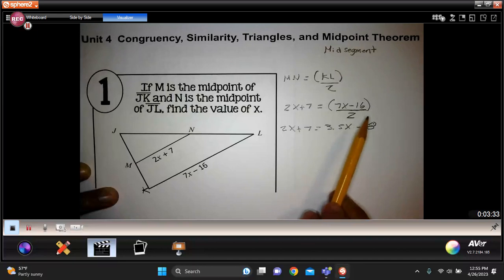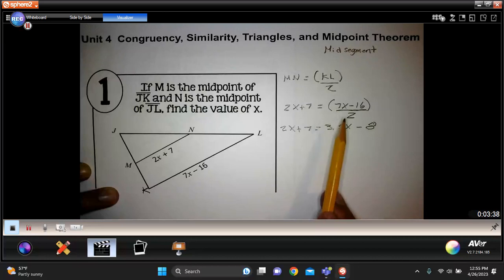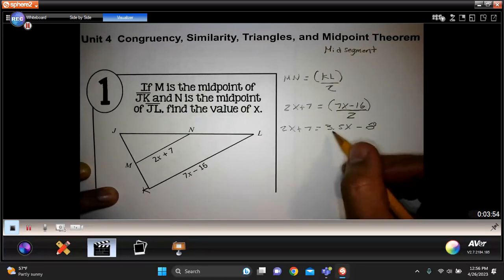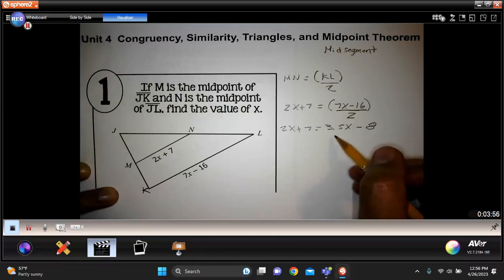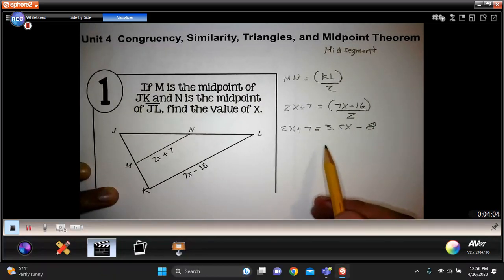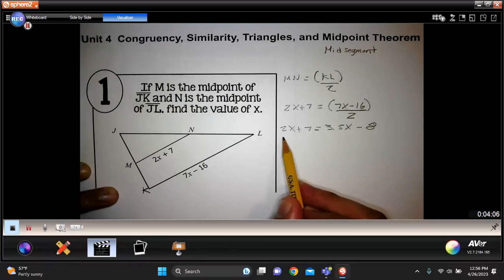Again, this equation, just like we were doing at the beginning of the week by dividing the big number by 2 in order for us to find this dimension right here, you have to divide it by 2. But it's a lot easier if you change it to decimal. Now, I just need to find a way to keep my X positive the best I can. So when I'm trying to keep my X positive, I always try to subtract the lowest X from the